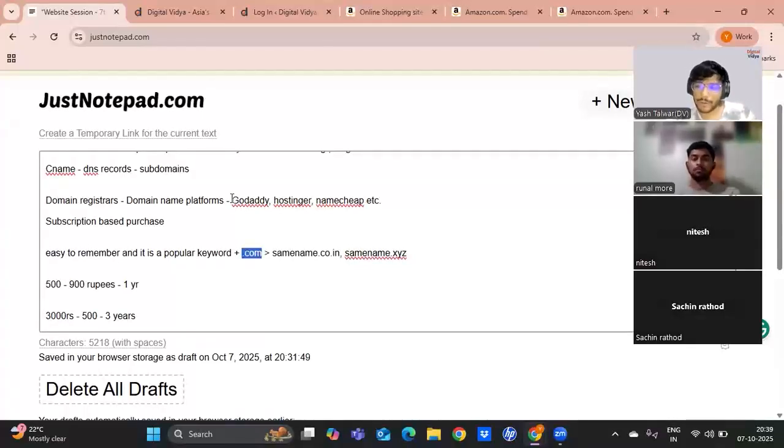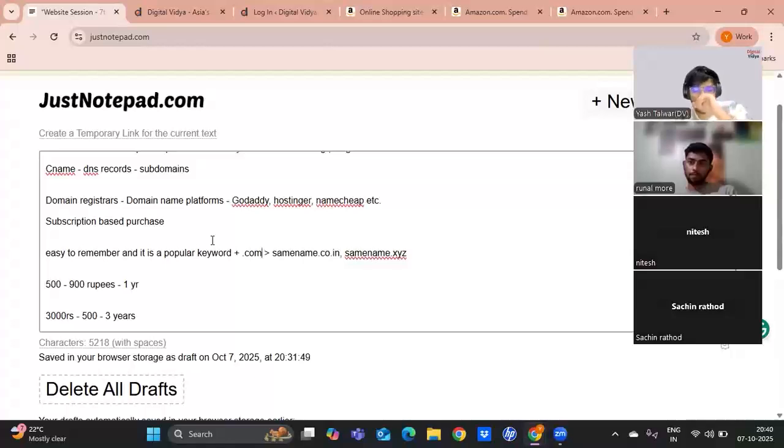But at the same time, the price can drastically reduce by just changing the extension. So instead of .com, if you go for .in, .xyz, or .shop or any other extension, you will see a price difference of a lot. It can change very drastically. It can be in lakhs or crores for a .com domain, and it can come back to thousands or hundreds of rupees by just changing the extension, right? And yes, like I said, there can be domains worth lakhs, worth crores as well, if it is a very popular keyword and if it's clubbed with a .com extension.